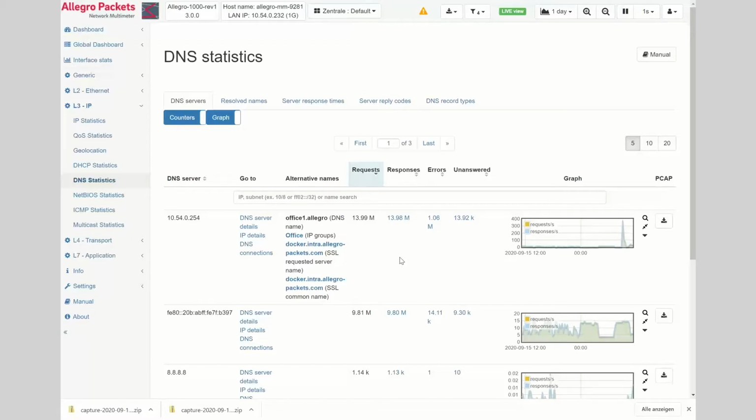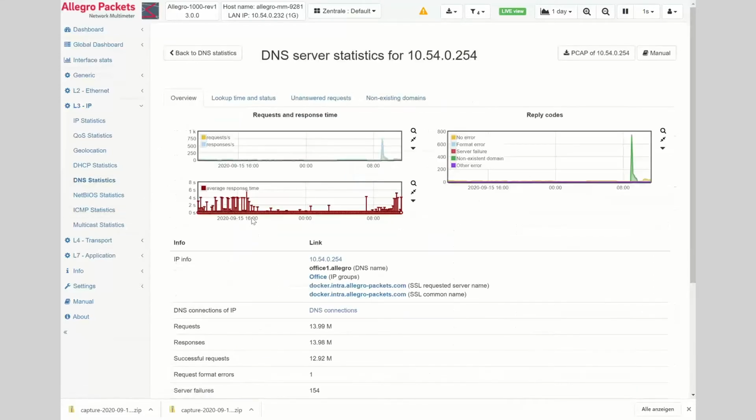The problem with DNS is that if you have DNS issues, the whole network is bad. If one client has issues and it's DNS at the end, you need to debug a lot more into detail. And so we decided to do more real-time statistics per DNS server. So for example, if you take our DNS server, I can look now into, of course, the request response time, what was the average response time, but also reply codes.